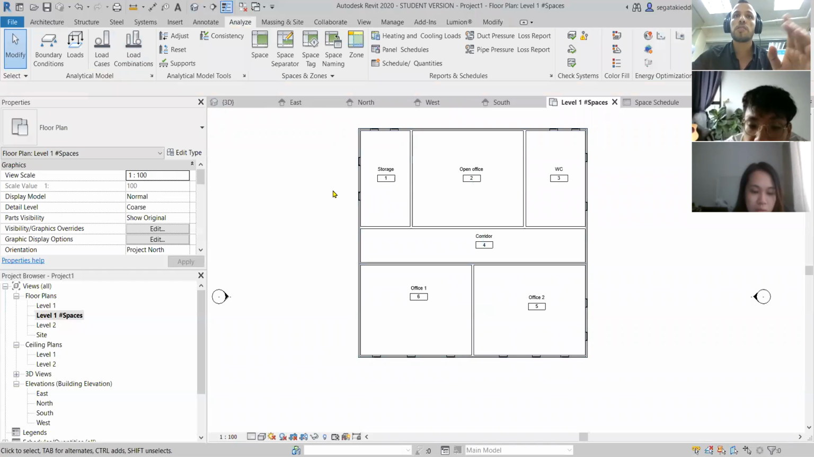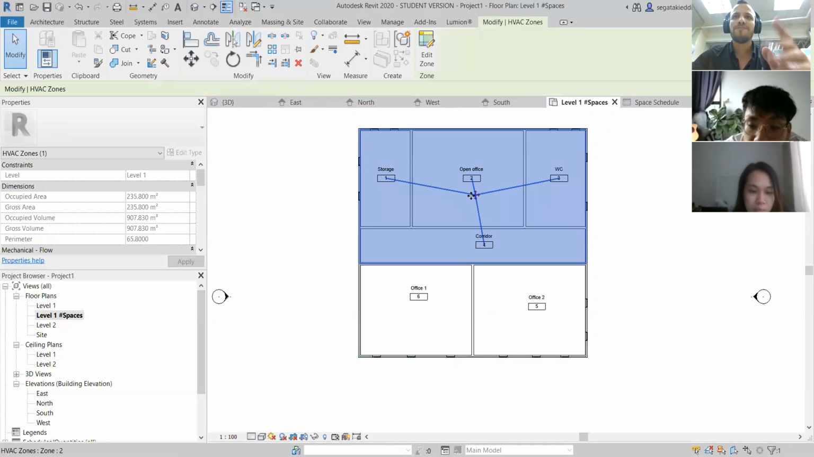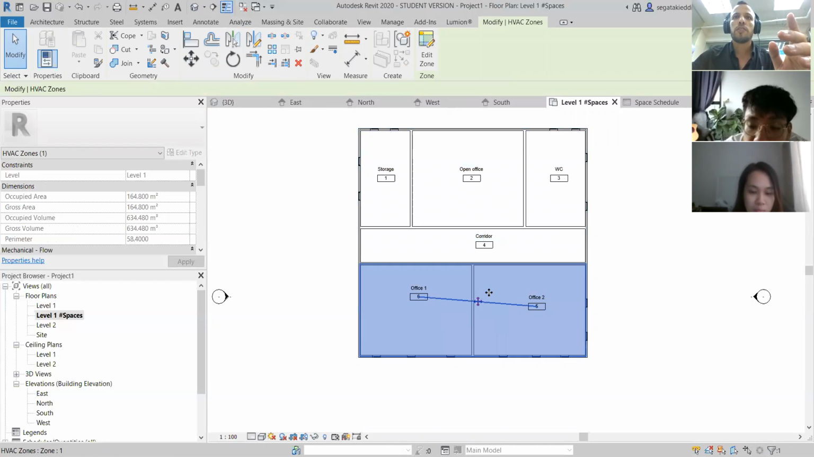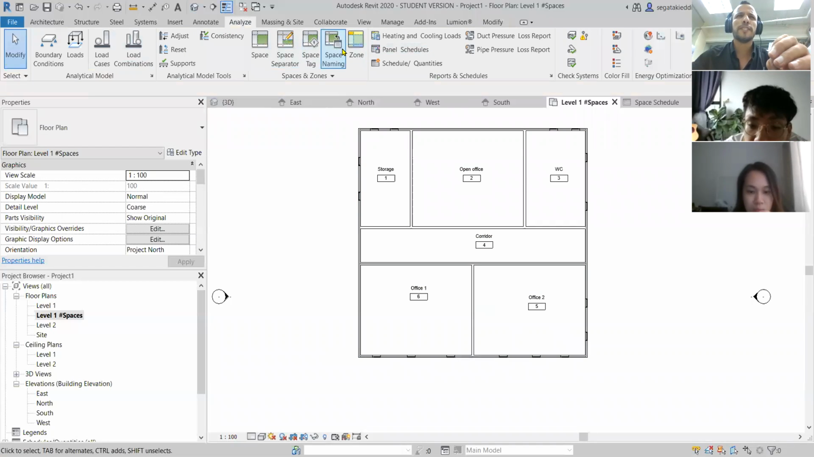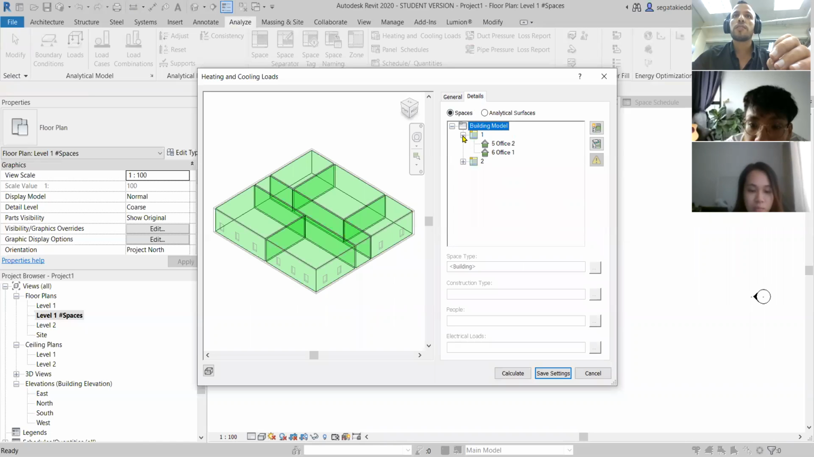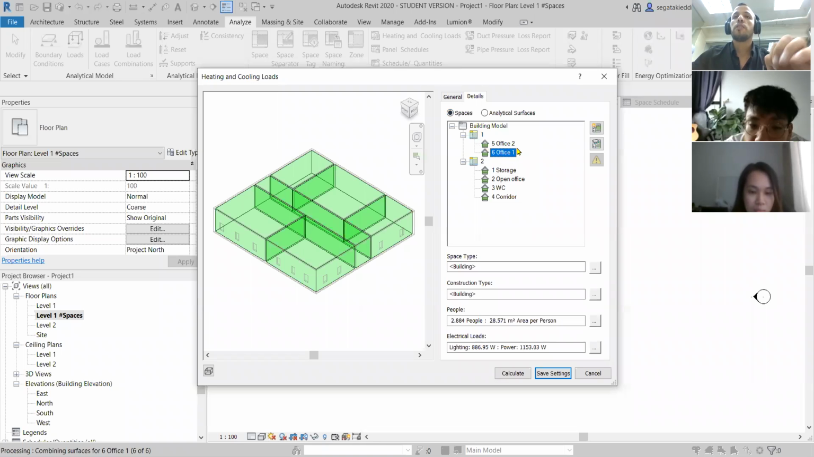But what is the difference now? So these two, if I go to heat and cooling, I go to details. As you can see, I have two thermal zones. These thermal zones are very important for mechanical engineers, which will help them to do all the calculation. Actually, okay, let's stop for